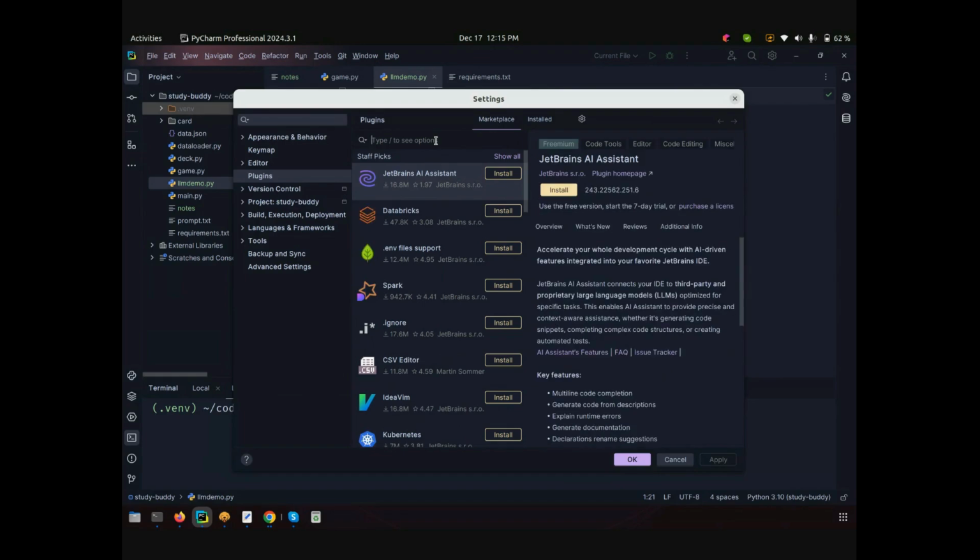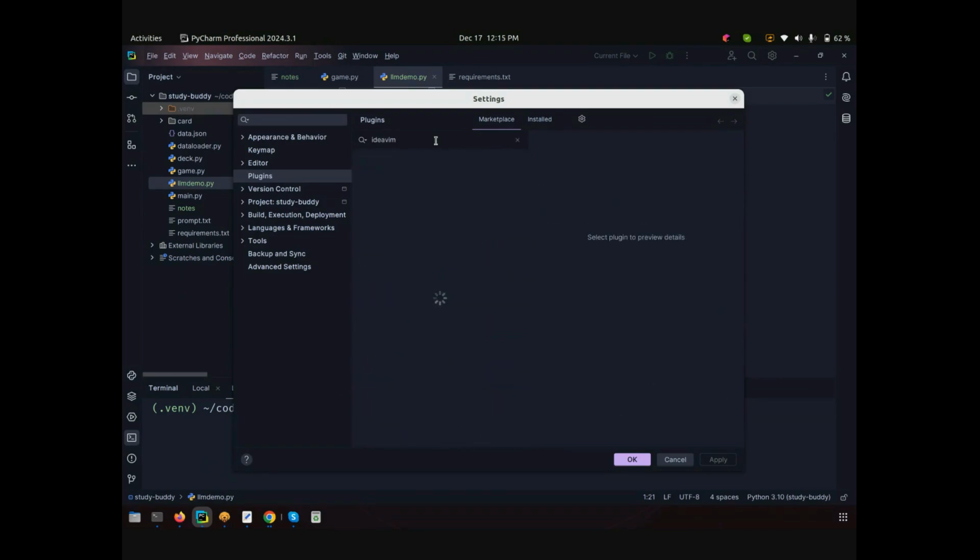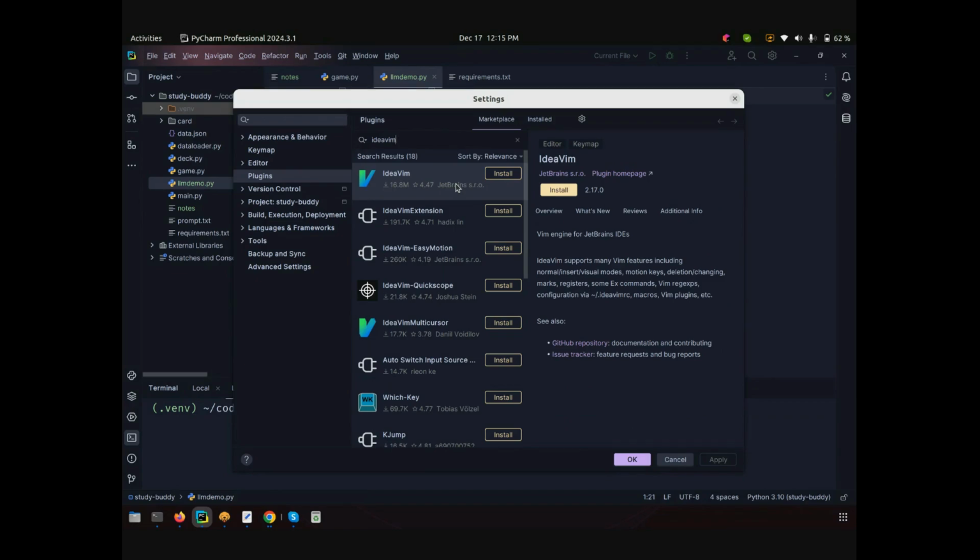Actually, what is Vim for those that don't know? Vim is a text editor, but I also want this thing called Vim plugins. This is a way to get the key movement and the motions the same in PyCharm as it would be in Vim. Vim is that text editor that you need to use in the terminal. There are two ways of text editing. The first way is cursor based, where you're using your mouse, and then there's